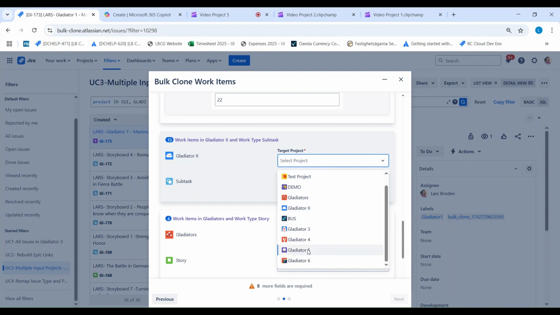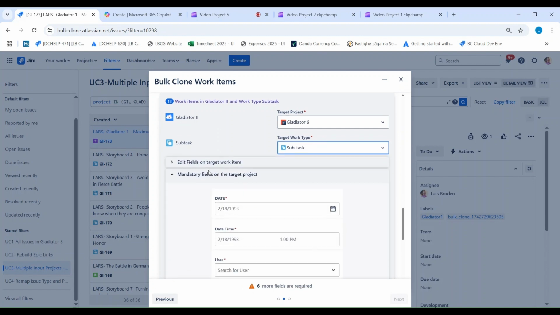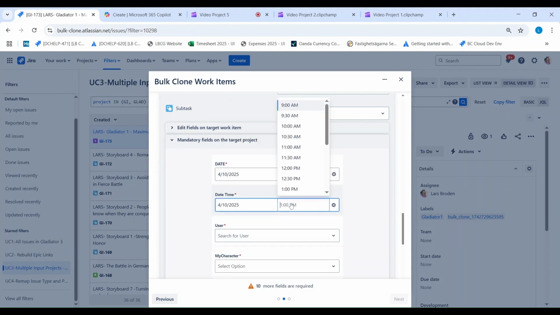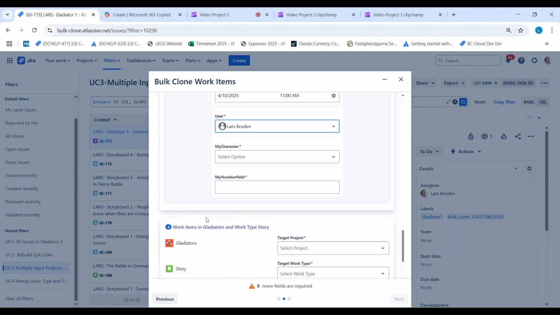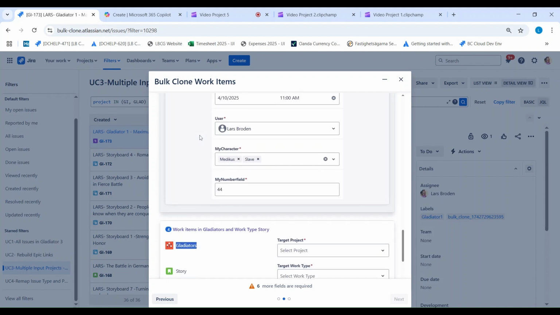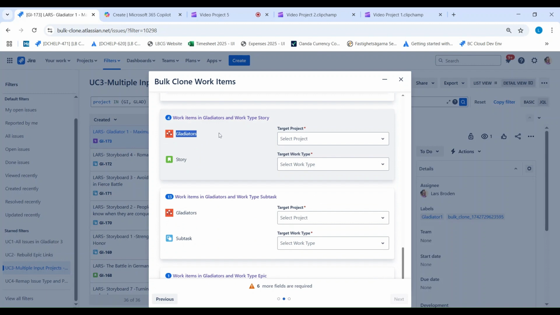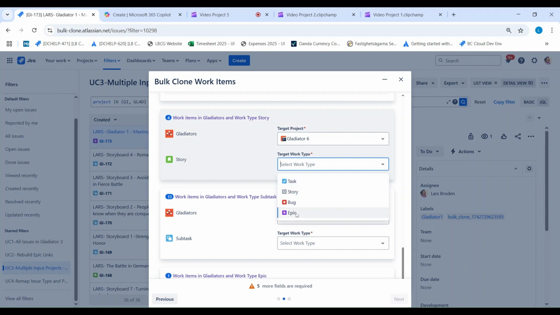Gladiator 2 for the subtasks, I clone it into the same project. However, here I don't care about the custom field values. I just choose the mandatory fields to speed it up a little bit. And we select this mandatory custom field. Now note here, when we get into this one, it actually shifts the input project. It was coming from the Gladiator 2 before, the input source. Now it's switching over to the Gladiators project. But I want to merge that into the same output project, and same